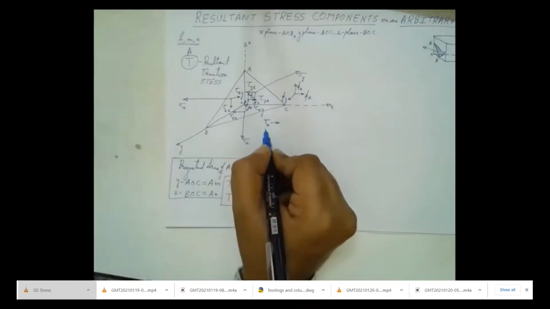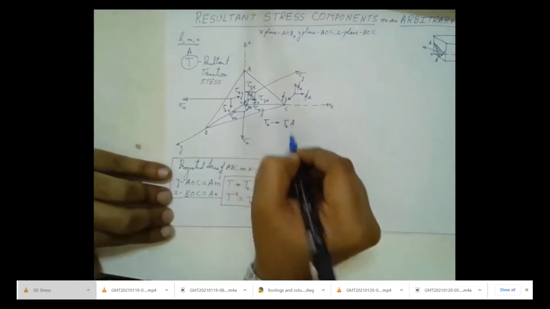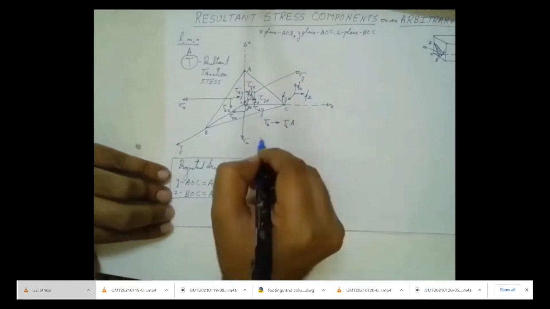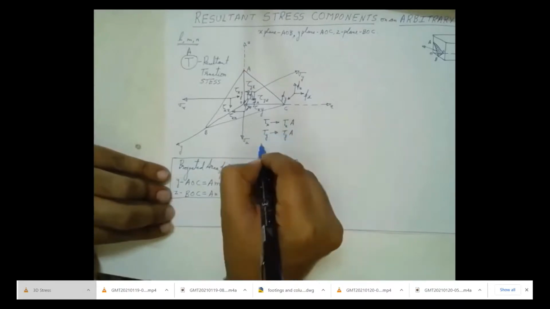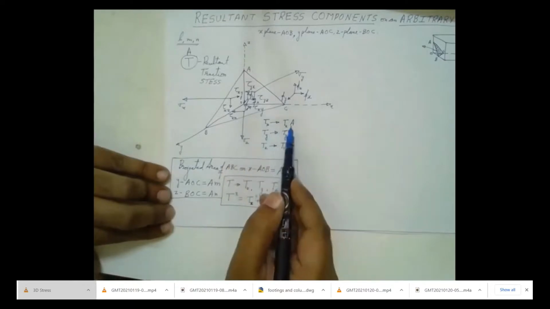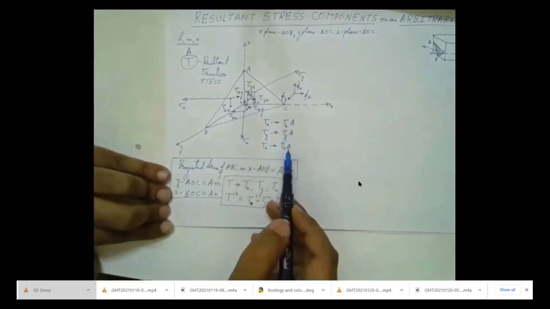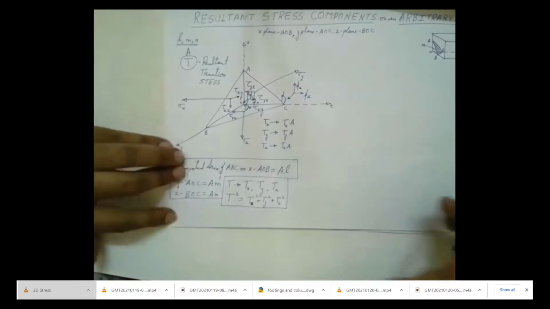Since Tx is the x component of stress, there will be a force Tx into area A acting on the x plane. Similarly, due to Ty there is a force of Ty into A, and there is a force of Tz into A. X direction force, Y direction force and Z direction force act on the plane ABC. Now, if we consider summation of forces,